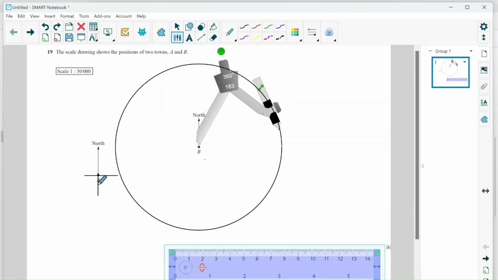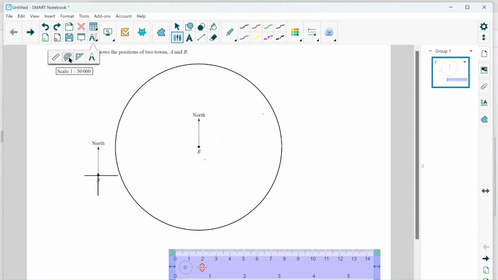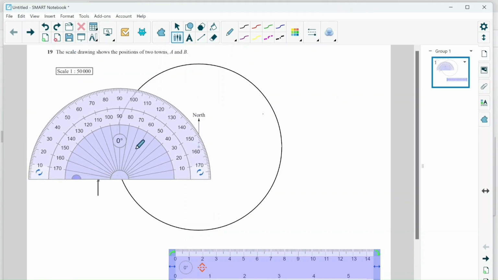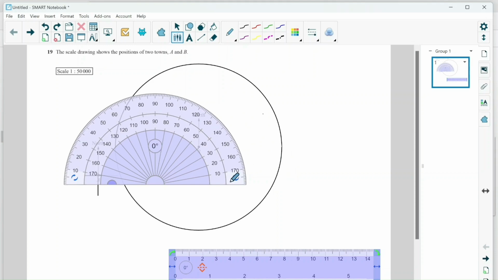And statement 2 also says C is on a bearing of 040 degrees. That's on a 3-figure bearing of 040 degrees from A. So now we'll take our protractor. At A, taking your reading from the north, you get 40 degrees. Then once you get your point, with your ruler and point A, you draw a line across the circle. So let's focus on that now. We'll take our protractor next. We have our protractor here. And since our reading is from the north, it's best you start your reading from here, which is 0, and